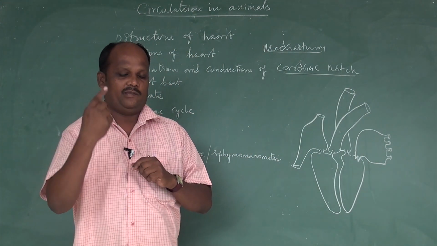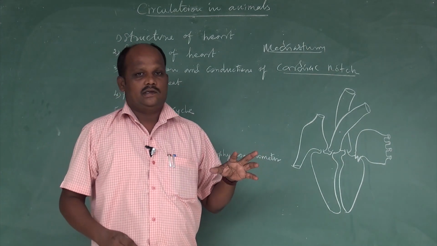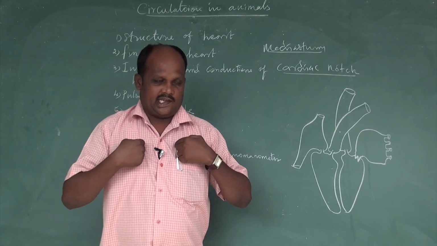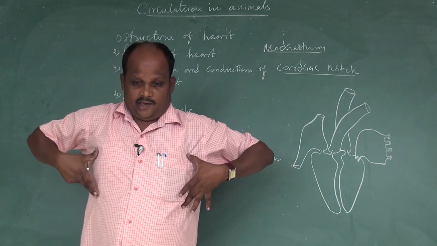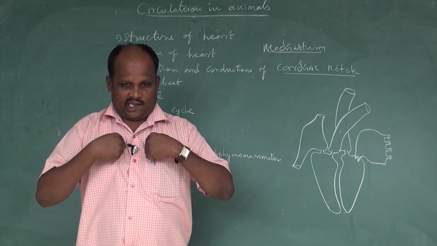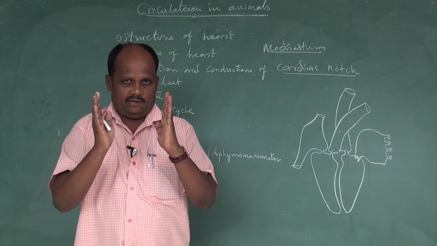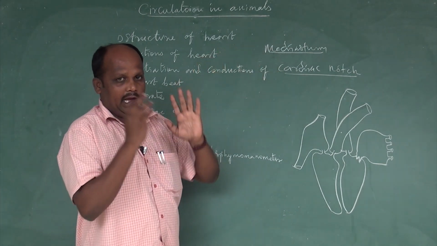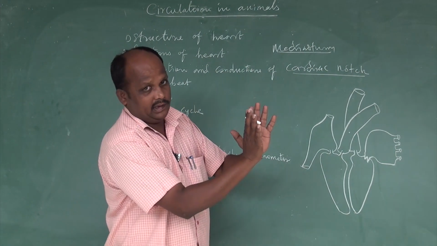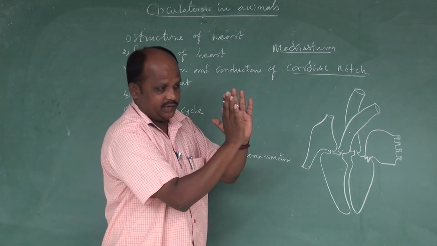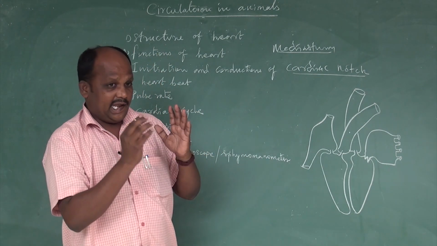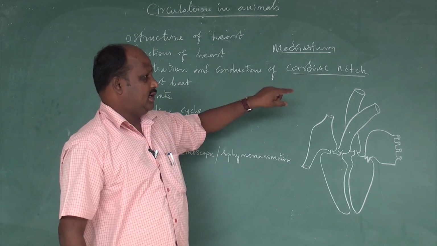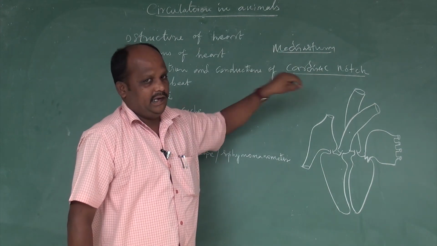Once again, I will clearly explain. The human heart is located in the mediastinum, which is in our thoracic cavity. What is the thoracic cavity? Our chest is called the thoracic cavity. Inside it are the lungs. Between the two lungs is a little space, named the mediastinum. The heart is located in the mediastinum slightly on the left side, not the central part, because our left lung is slightly depressed. The depressed part is called the cardiac notch. So the heart's location site is the cardiac notch.